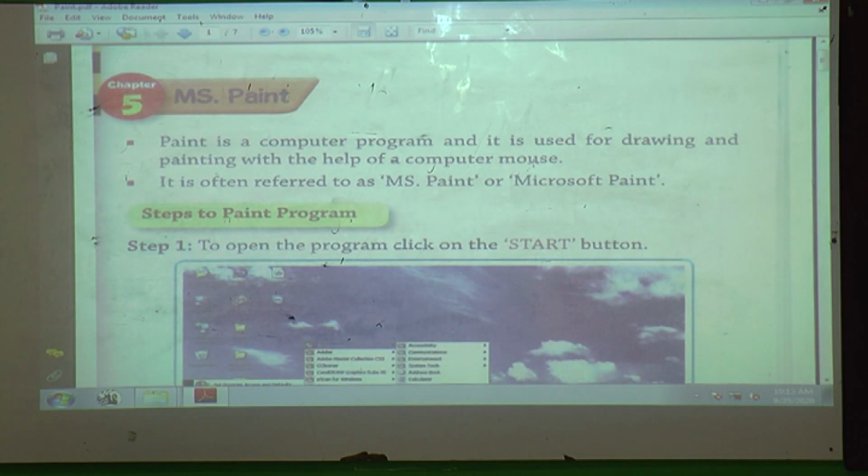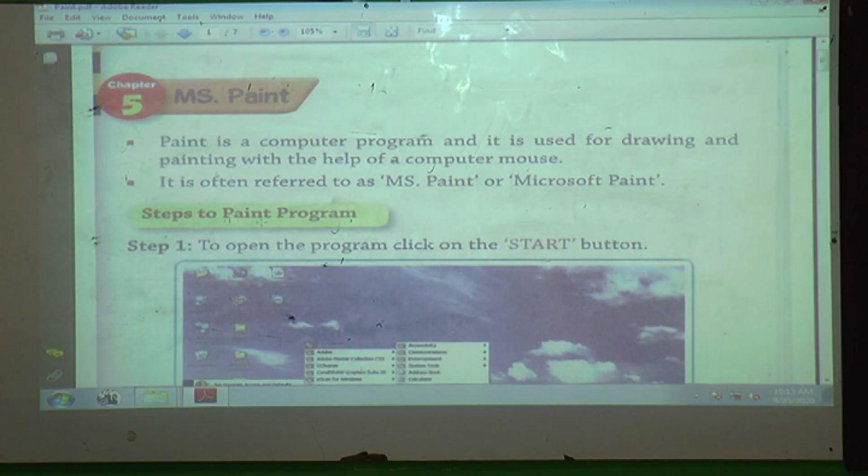Mouse. By using mouse we can draw in Paint. It is often referred to as MS Paint or Microsoft Paint. MS means what? Microsoft Paint.